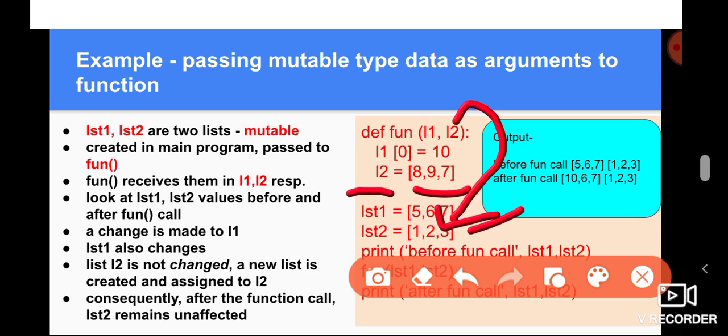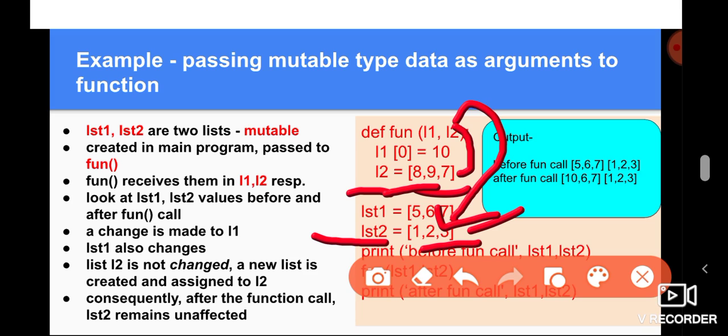L2 has forgotten about this list and it has started to point to this new list. Alright, so that leaves LST2 unaffected because LST2 was not changed. It was L2 which was made to point to a different list, right? So that leaves LST2 unaffected.